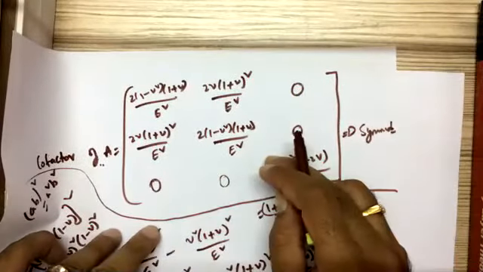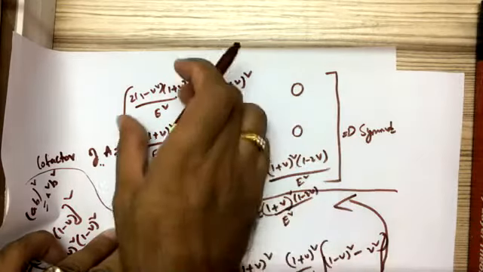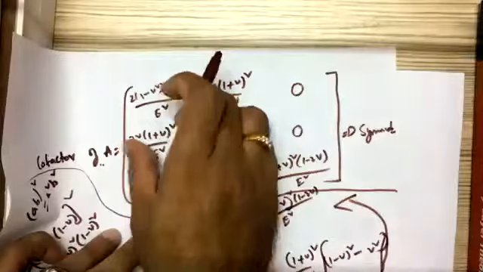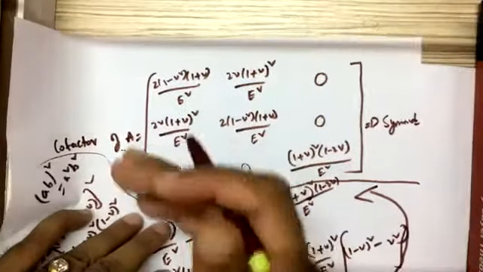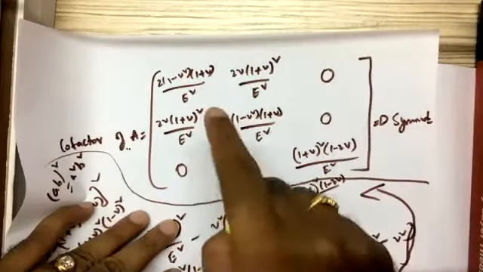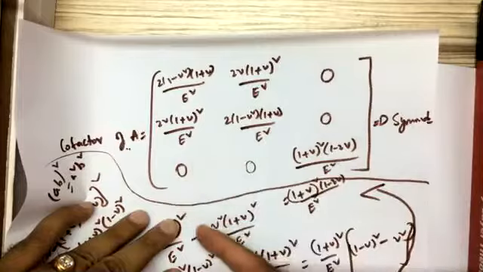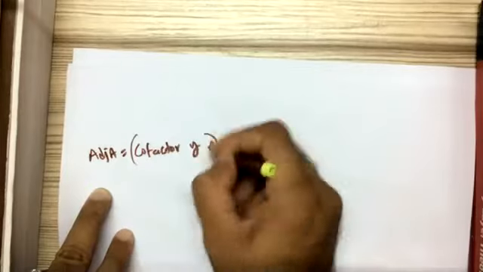If you transpose the matrix, you will get this same matrix. So there is no need to again convert rows into columns and columns into rows. You just write the same matrix again, because this cofactor matrix is a symmetric matrix. Even though you transpose it, you will get the same matrix again. Therefore, adjoint A is equal to cofactor of A transpose, which is equal to, how much is that?